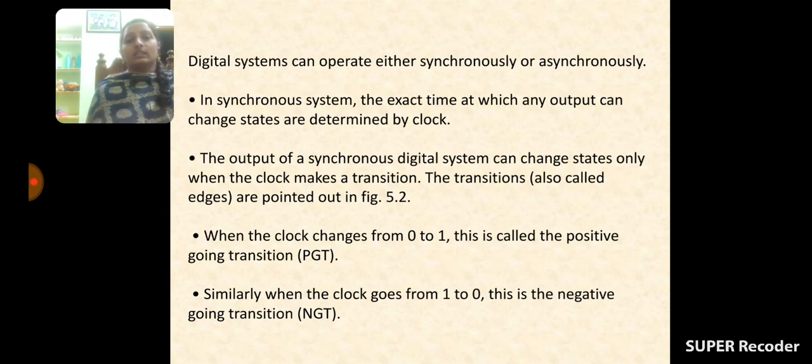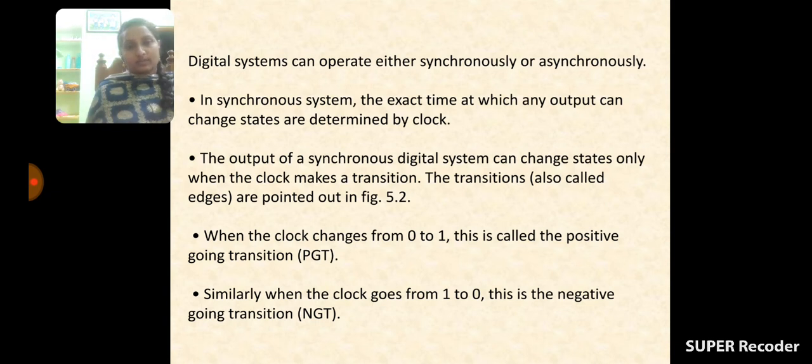So in digital systems both asynchronous and synchronous work with what? Clock pulse. If the clock pulse is applied to all the flip-flops at the same time, then that is called synchronous. If the circuit systems work with different pulses, then it is called asynchronous. But both circuits must and should work with clock pulse. Okay, in all synchronous and asynchronous digital circuits, the output is changed after the application